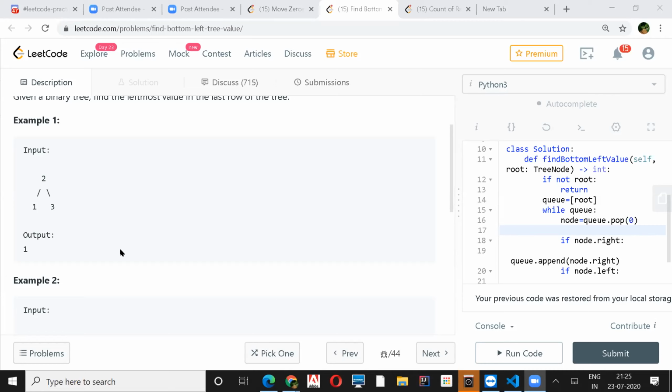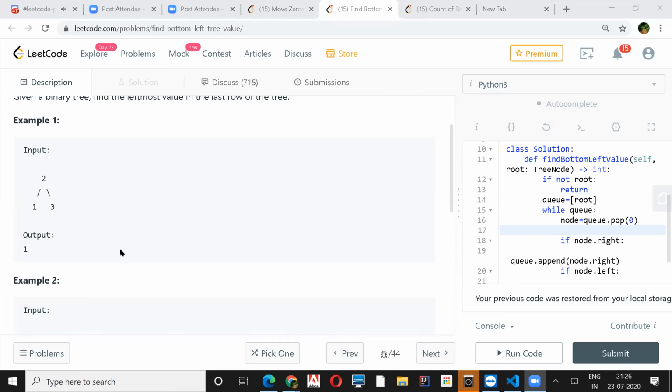Yeah, that's true. Because the first child will be the potential candidate for this. So if we know the structure of level order, then the further implementations can be done on the basis of that. So in your case, you will take the second child also, right? First left and then right, you'll insert inside the queue, right? Yeah, that would be done. Left and right need to be added, because right can have a left child also.